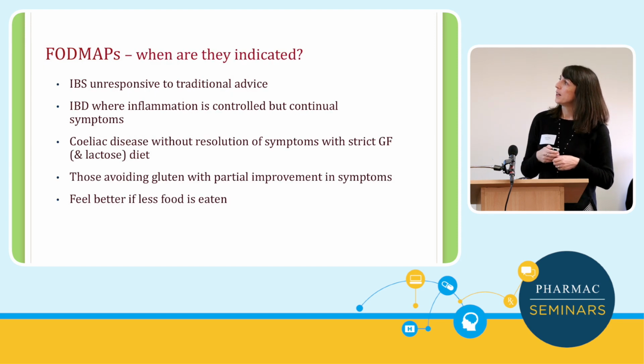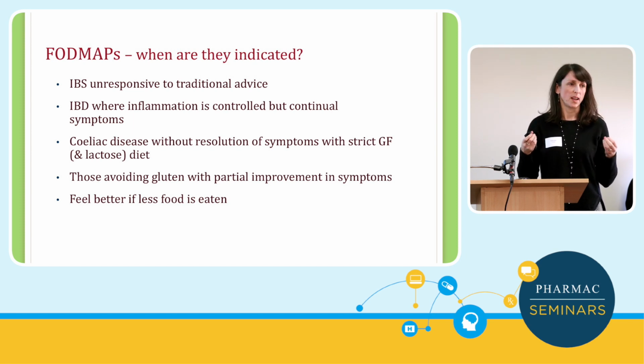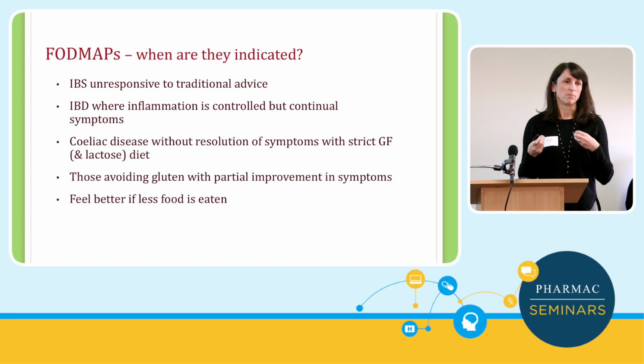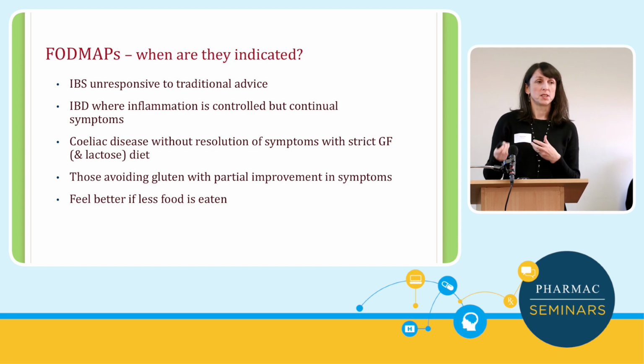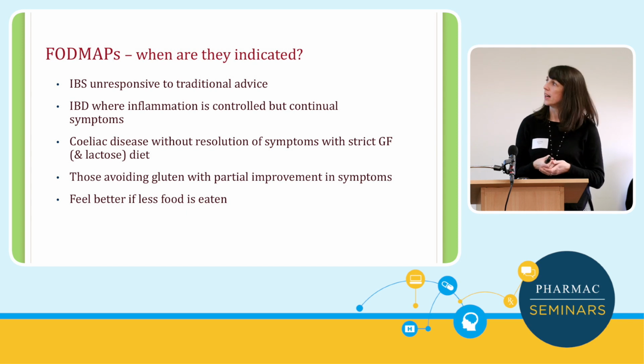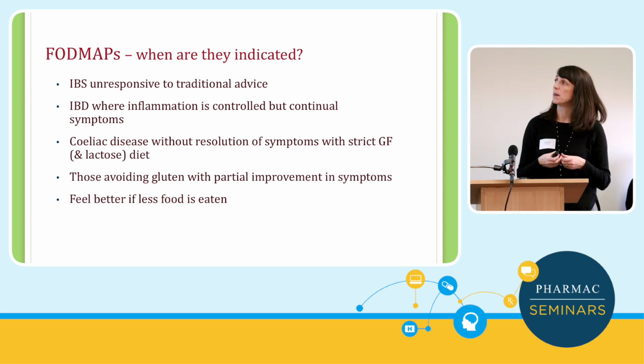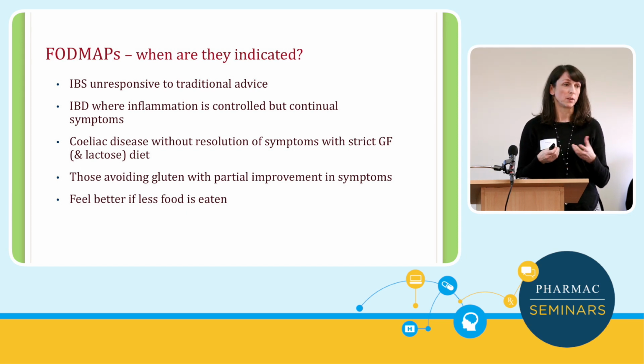Right, so when are they indicated? If you see somebody in clinic and you've advised them, look, try and just have a bit more water, maybe add more vegetables into your dinner because they're just eating chicken and rice for dinner, just trying to get a bit more general advice. If they're not responsive to that, then you might want to look at doing the low FODMAP diet. If someone has inflammatory bowel disease, which is well controlled, the CRP is low, ESR,